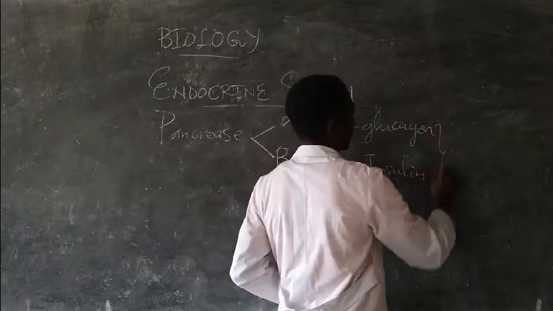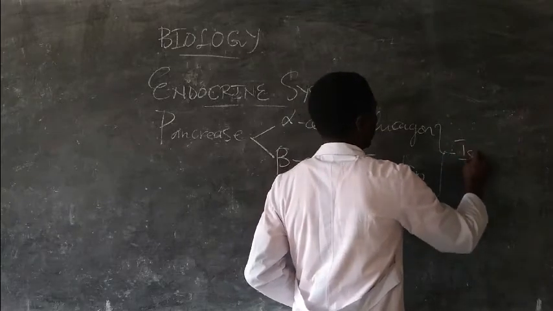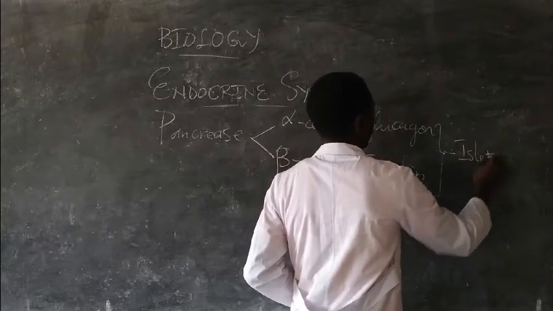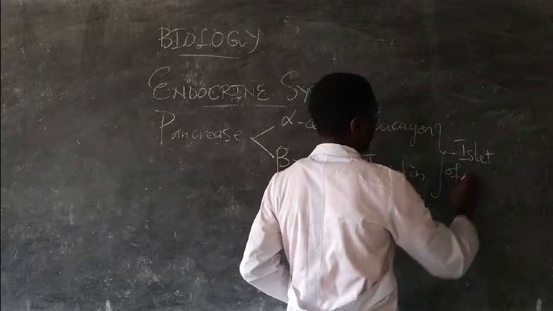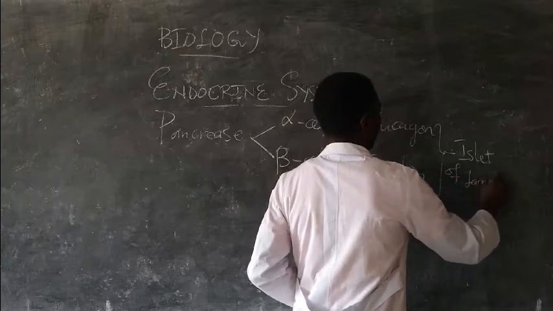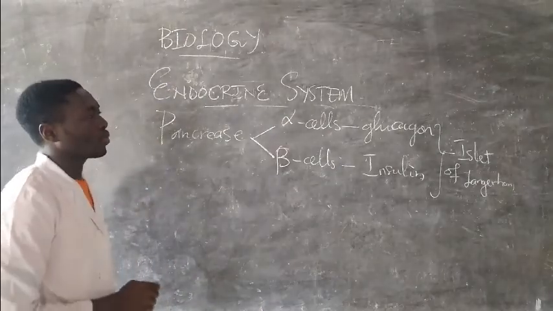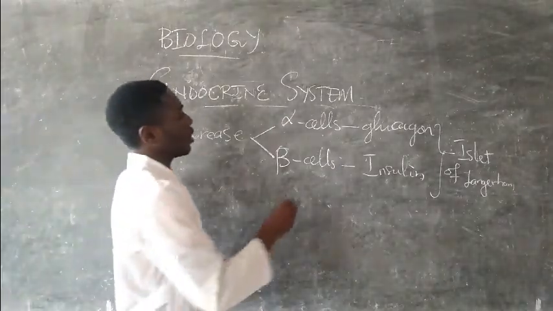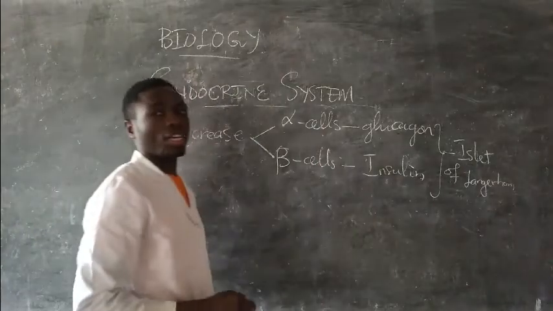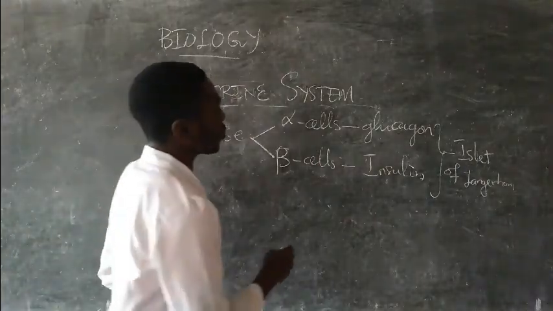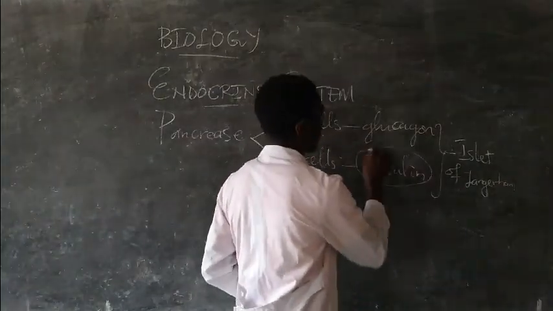and all of these are found as what we call the islets of Langerhans, which are found within the pancreas. So what are the functions of glucagon and insulin? Now the function of insulin, I will start with the function of insulin first, and then I will go